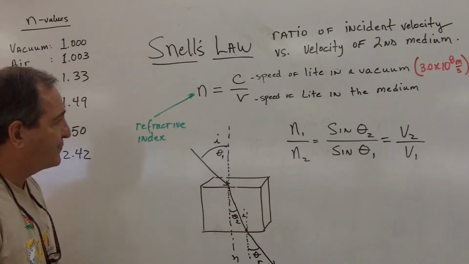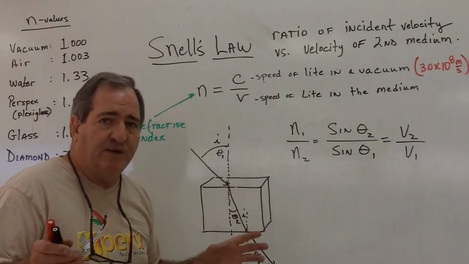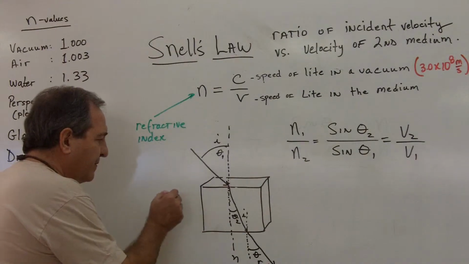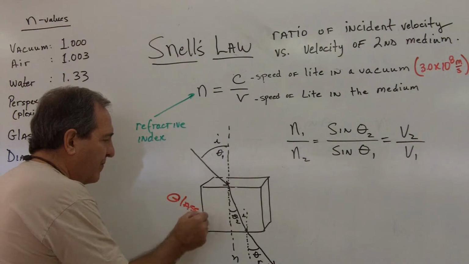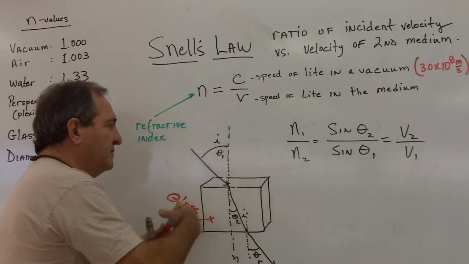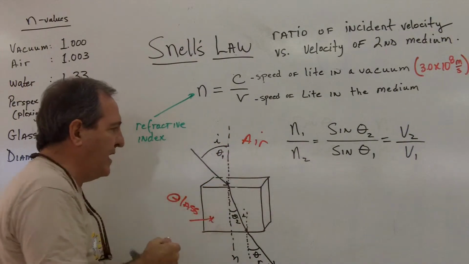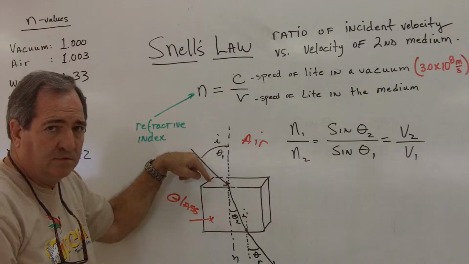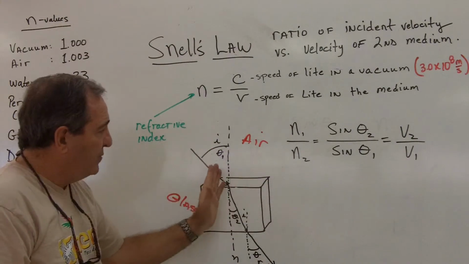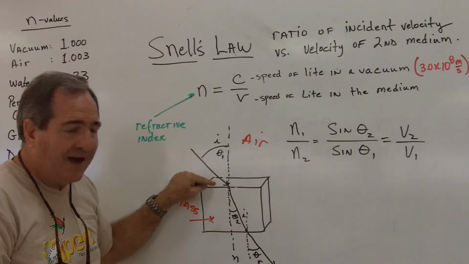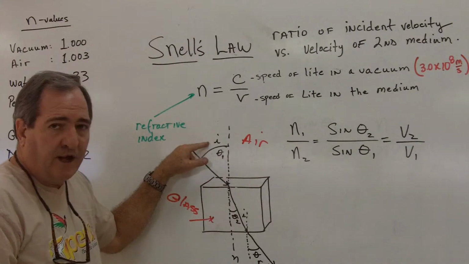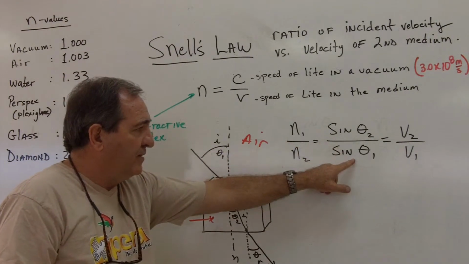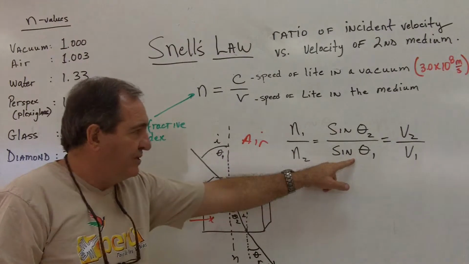But going back to this, if I have 2 media, which usually is what we're talking about, for instance, in my glass case here, we have air versus glass. The incident angle is measured from the normal, not from the surface. The normal is perpendicular to the surface that it enters at that point. So the incident angle is theta, which is denoted here in Snell's law expanded equation, sine of theta